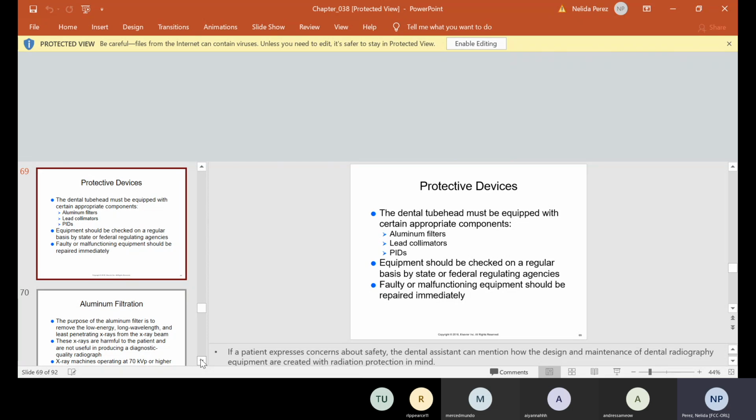Equipment should be checked on a regular basis by a state or federal regulating agency. Faulty or malfunctioning equipment should be repaired immediately. So what did I tell you was one of the things that you guys should let us know? Any oil leaking, things like that. Anything that happens with the x-ray machine, you must let us know right away so we can get it fixed